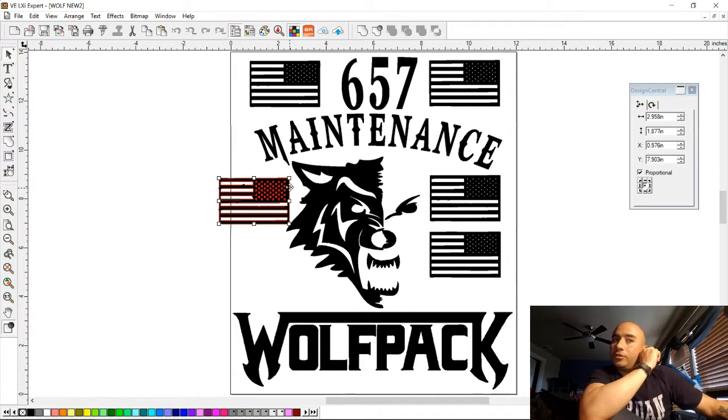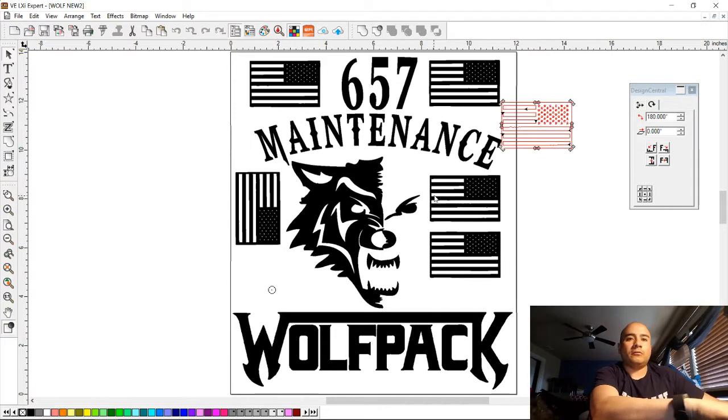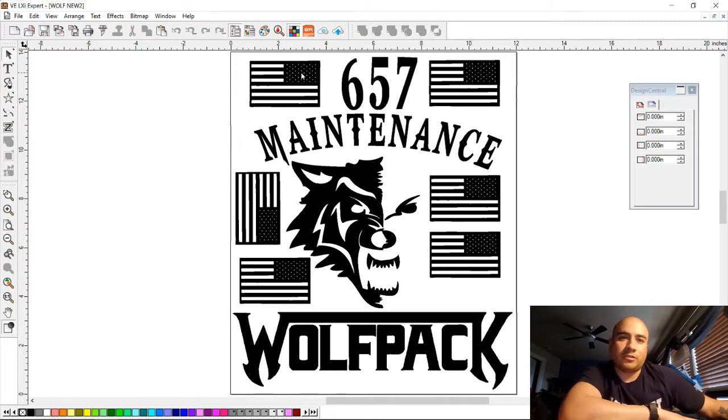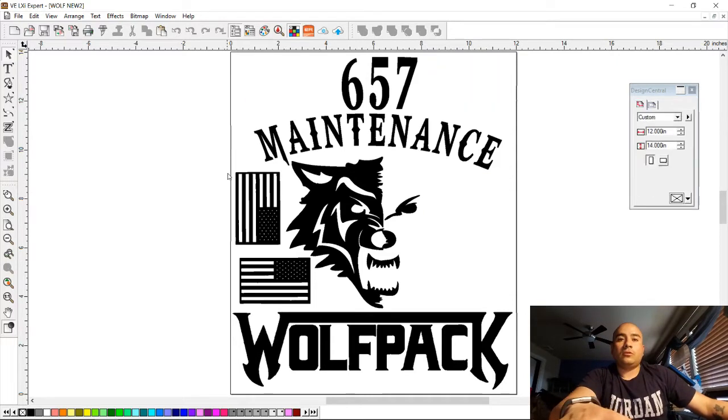If it doesn't fit, you could double click on it, you could double click these little handlebars and then you can spin it, position it, grab another one, and then put it where you want. So now you're saving all this space right here by printing not just one flag for one shirt, but 6 of them, and you're gonna have extra ones, right? Or if that's not something you want to do,